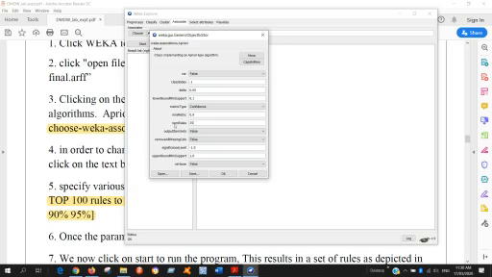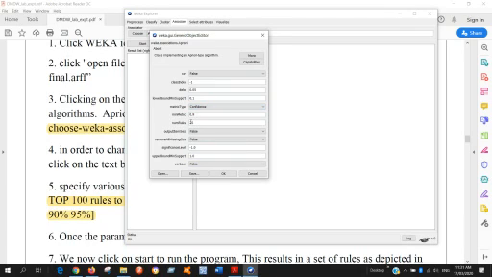Here you can find the lower bound support and the upper bound support. Lower bound is already 0.1. Suppose you want to change the upper bound support, you can change it to 0.2 or 1.0, anything, no problem. Here I can keep it the same, 1.0. And you can find the confidence here.